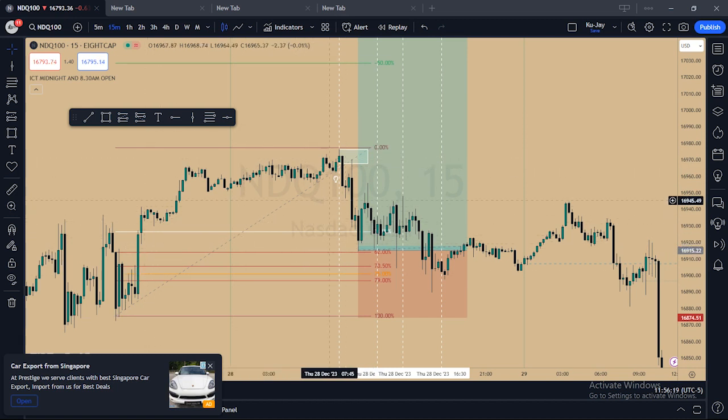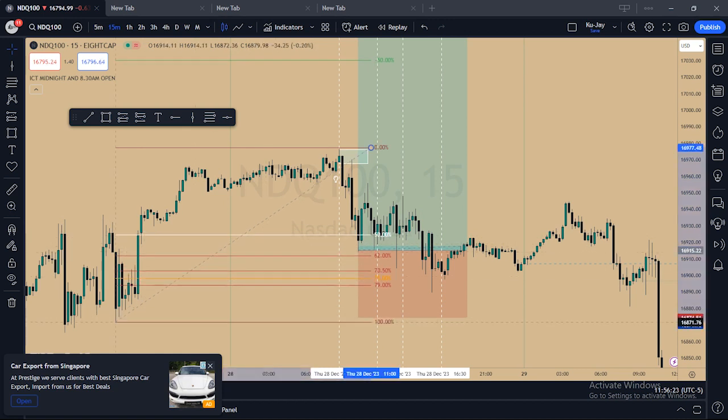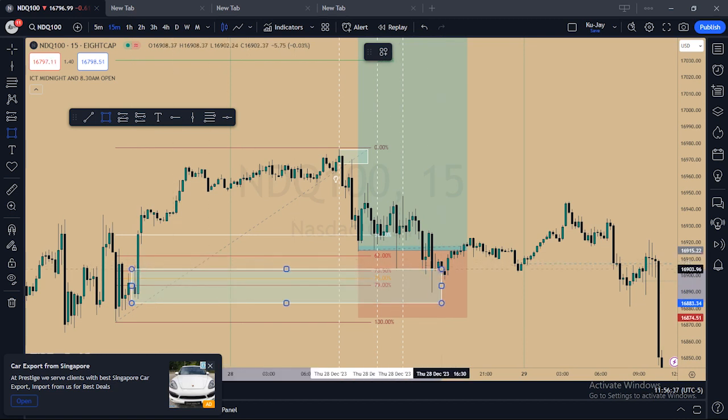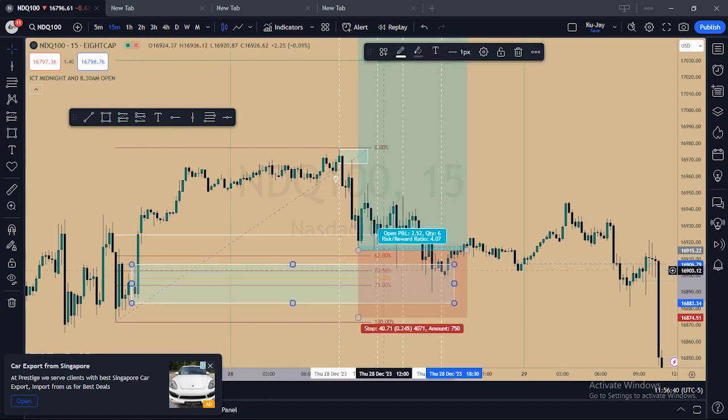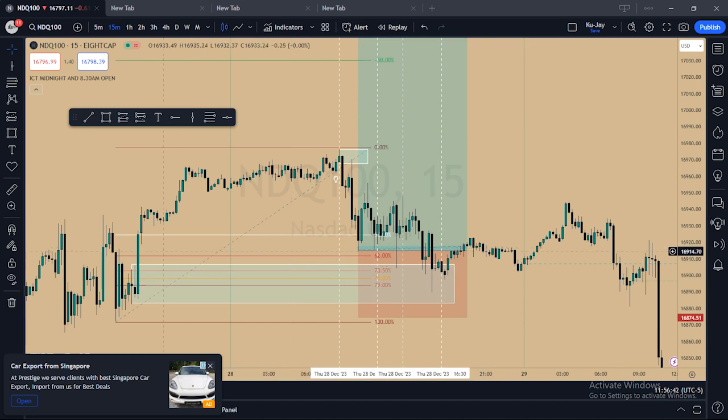When it came for this order block, remember my Fibonacci on Nas100 is different again. It's more like the same with that zone, eh? But on Nas100 I usually use order blocks and fair value gaps for entries. So I didn't expect price to target this order block. I thought it was just going to come for this fair value gap, then the midpoint, the 62 level, and start rallying up. But instead it came and triggered me in during the session.